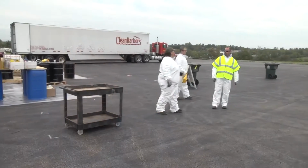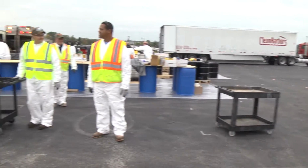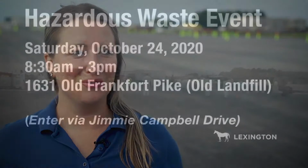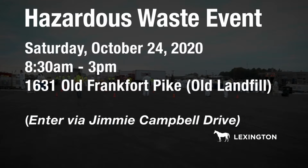Our employees will be outfitted in the proper PPE, masks, Tyvek suits, that sort of thing, to help prevent the spread of any germs. So we really look forward to seeing you that day here at 1631 Old Frankfort Pike. So if residents would like more information or guidelines, if you're interested in attending our hazardous waste collection event, you can visit